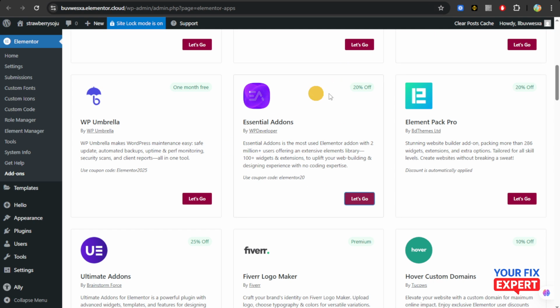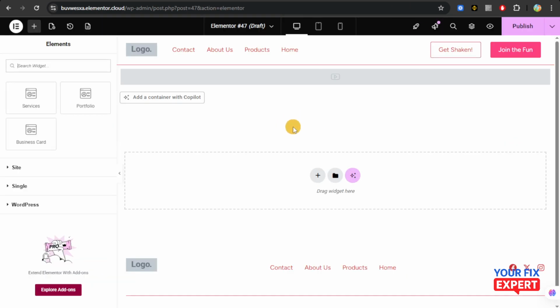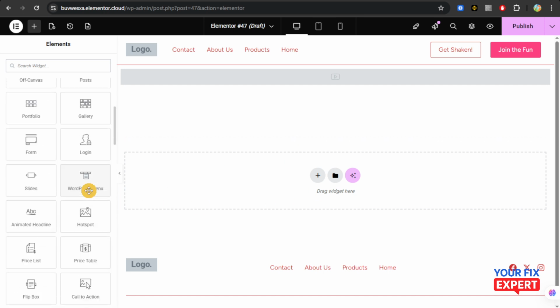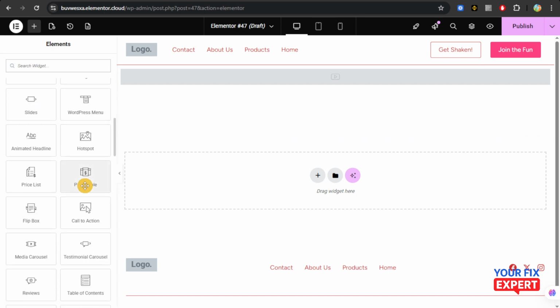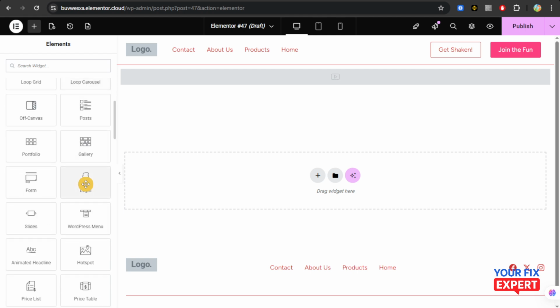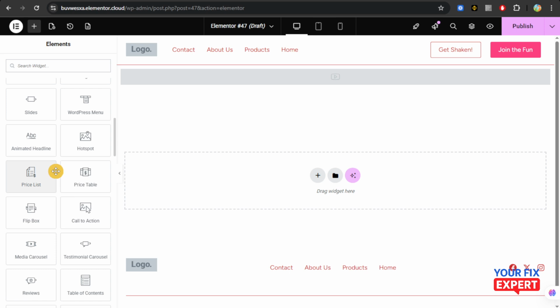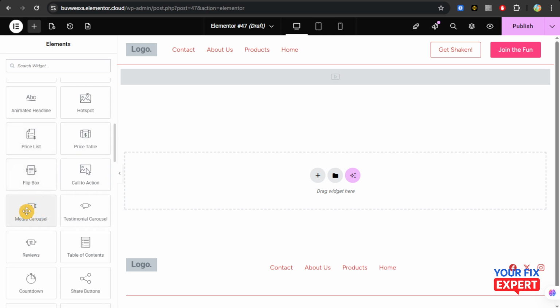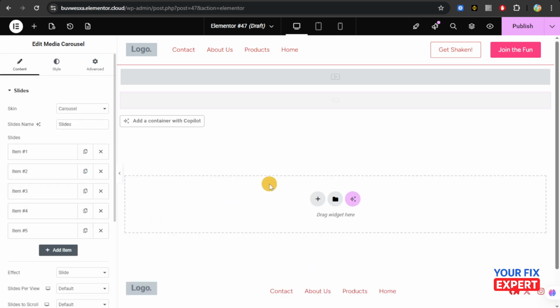Now this is actually a paid add-on, so you're going to need to pay for it. But if you want an alternative method in order for you to do this, you can do a video gallery or a slider from this itself, but it's going to be this media carousel. So we're just going to again find the media carousel from here, so you'll be able to see it right here. We're just going to drag it over to our page, and then from here we can add several items